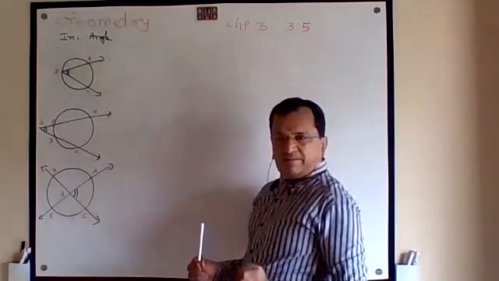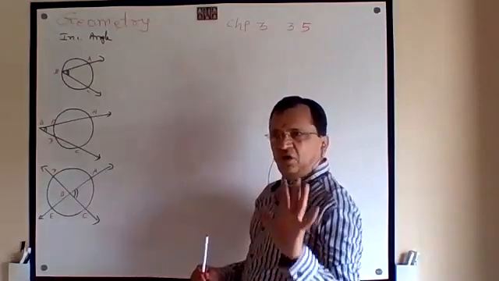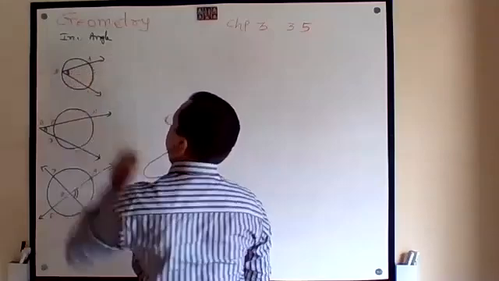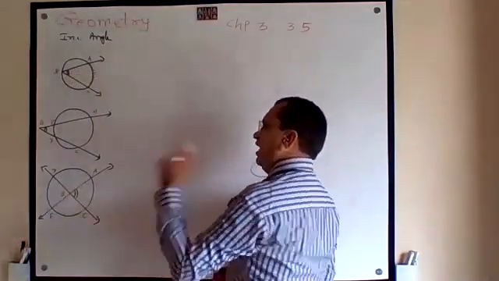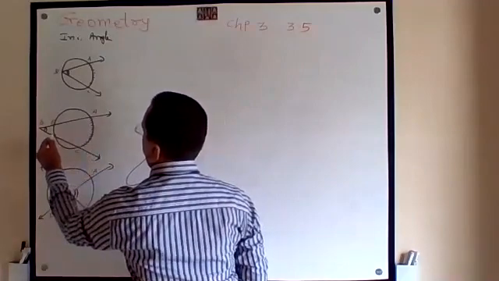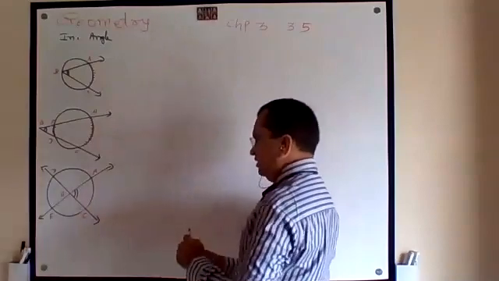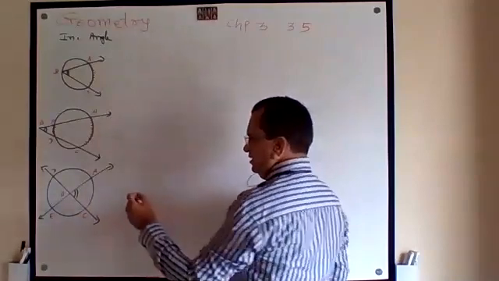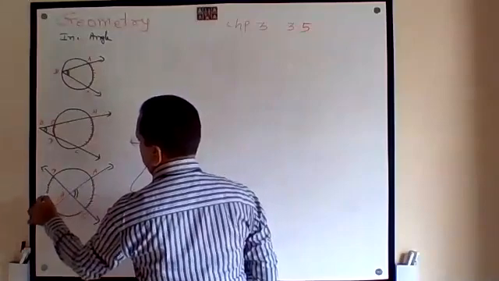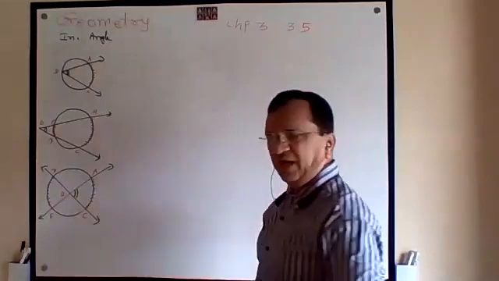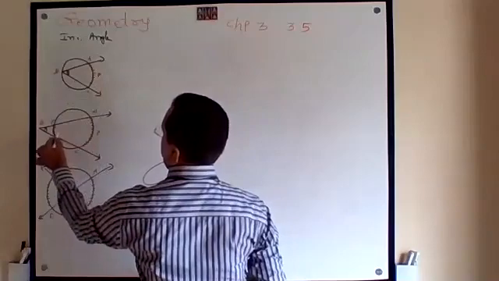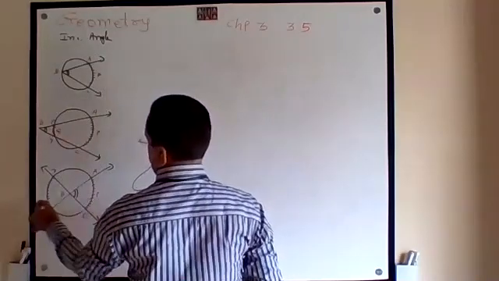So by inscribed angle on a circle, you will get only one arc inscribed. Inscribed angle outside the circle, you will get two arcs inscribed. Inscribed angle inside the circle, again you will get two arcs. So APC, this is also APC, here Q, P and C.